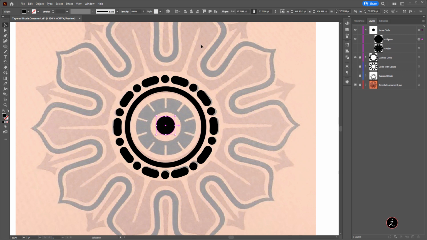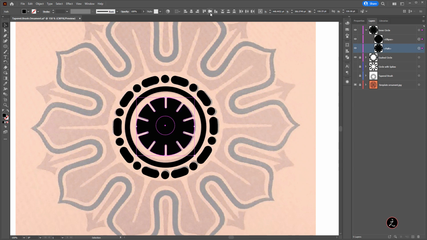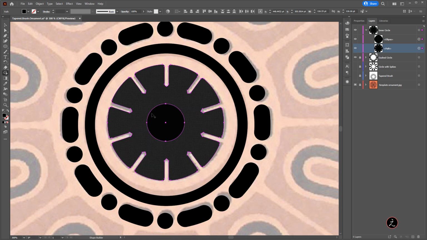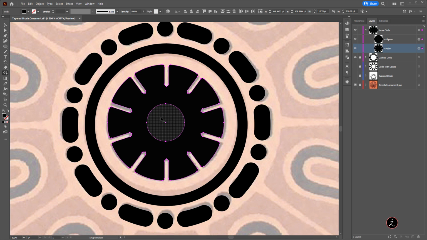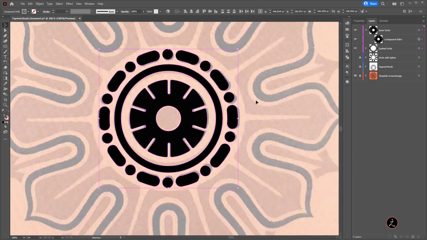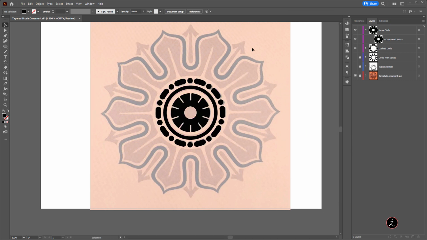All right. Make sure both of these are selected and targeted. I want to make sure that they are centered in relation to each other. So I'm going to basically create an empty hole here. So I will grab the Shape Builder tool, again activate the erase mode, holding down the Alt key, and click once. Great. So I got these two. I'll make sure all of these are selected. This one too. And I'm going to center them in relation to each other and everything looks pretty good. So I believe the last step is to create those arrows all around.